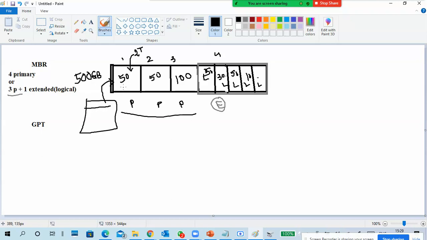First of all, how many partitions you have created. Next, how many primary partitions you have created. Extended partition and logical partition information, and the size of each partition, and sector-wise size also it stores, like this first one is 50 GB, next one 50, next one 100, like that.